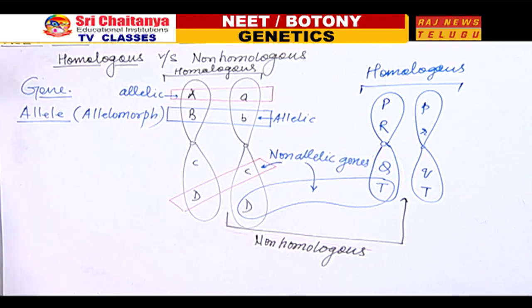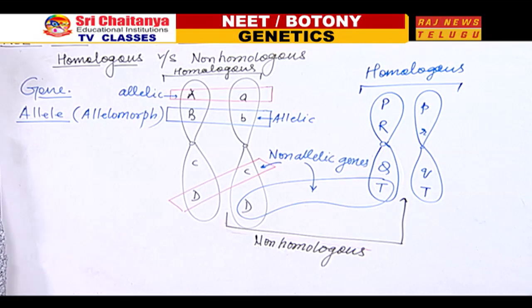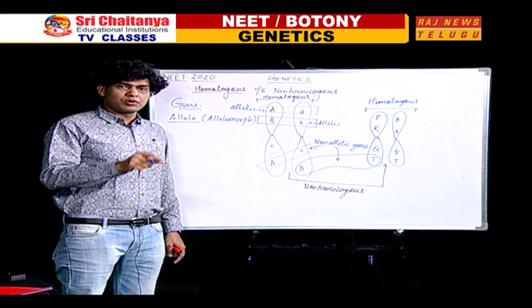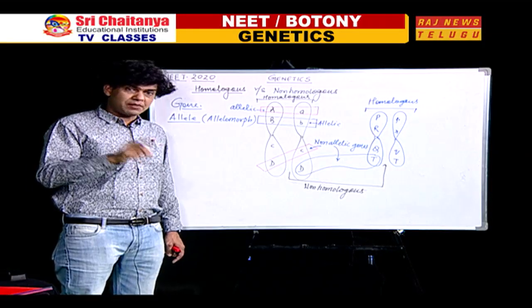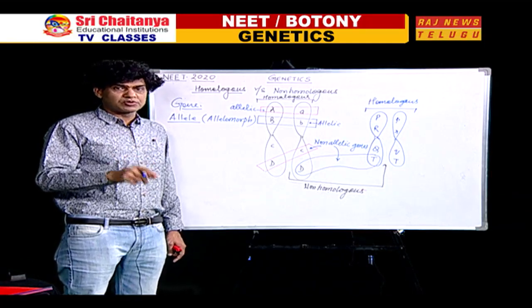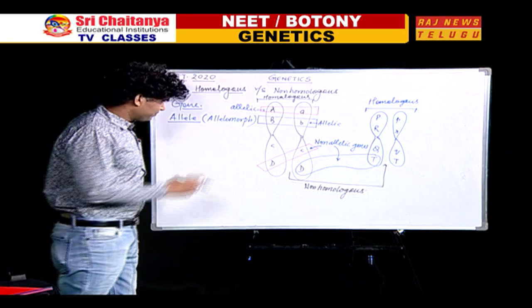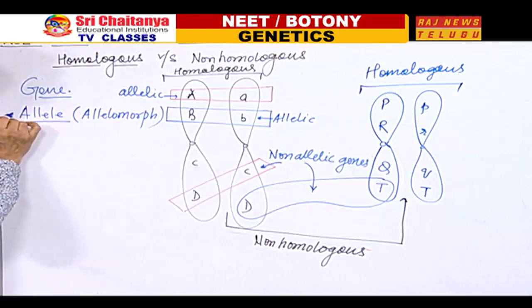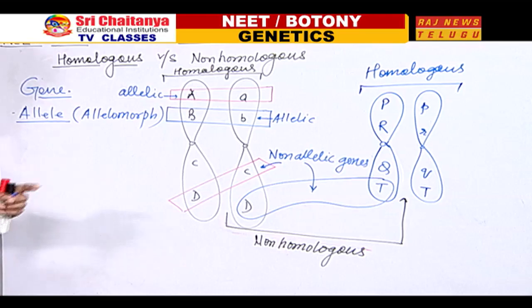So allelic genes are always present on homologous chromosomes. All the genes present on homologous chromosomes are not allelic. They may be or may not be. But all those genes which are present on different chromosomes are always non-allelic. Yes. So one more thing I would like to say, about the terms allele and gene, how we can forget that